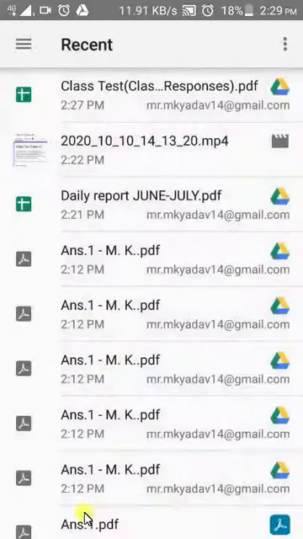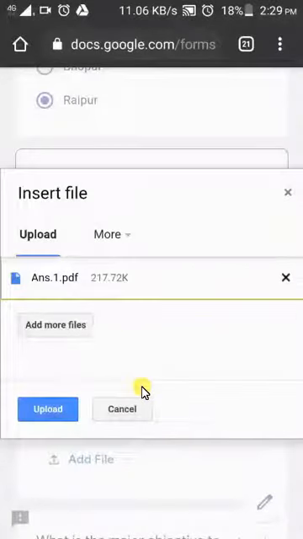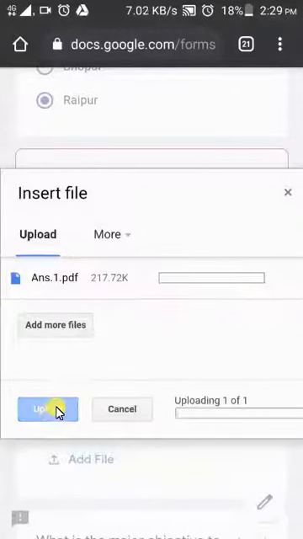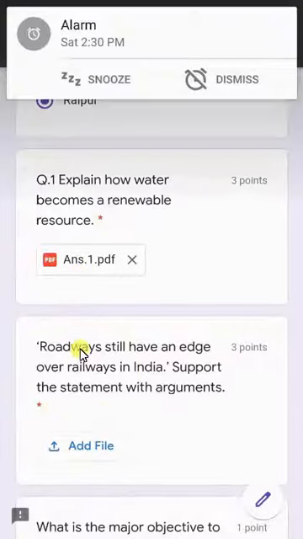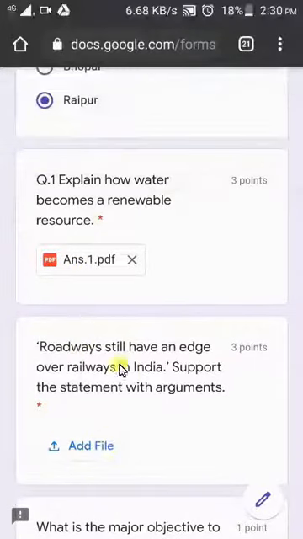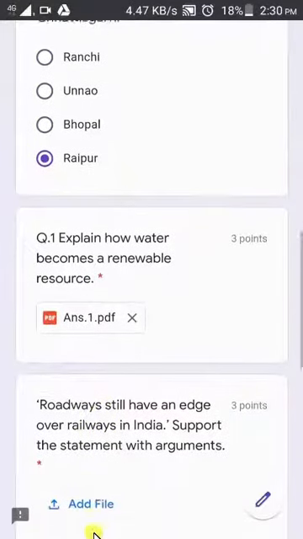Suppose this is the PDF file. Here the student will upload it, and likewise the student has to upload the answers for all other questions. Here I am uploading the same answer for a different question.